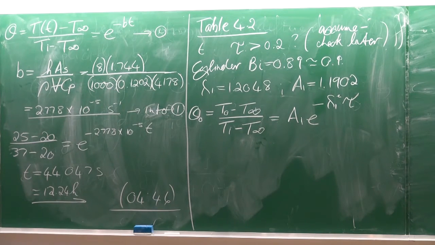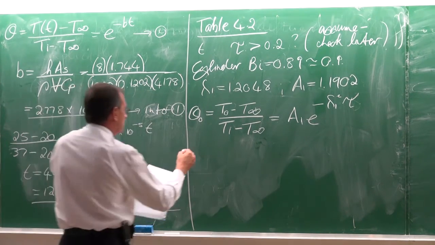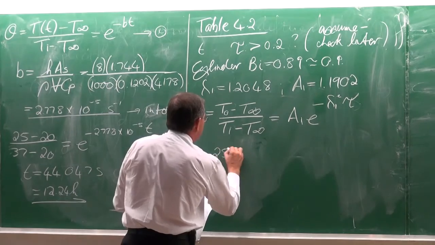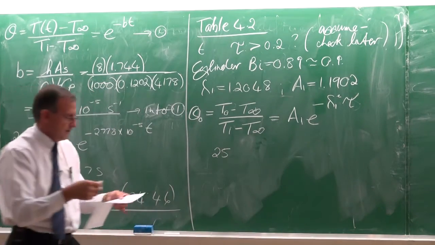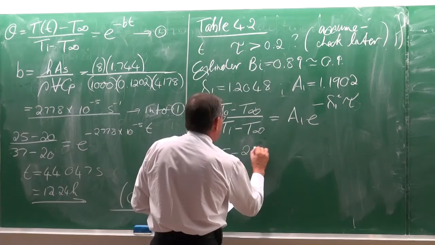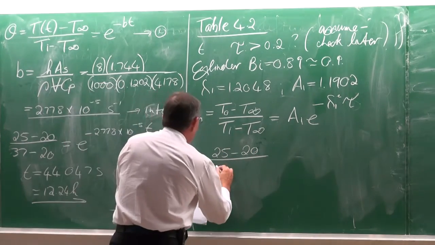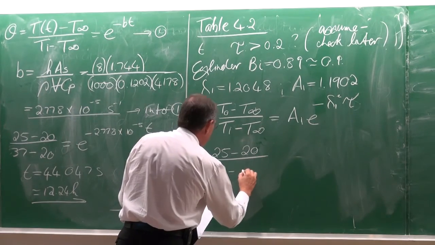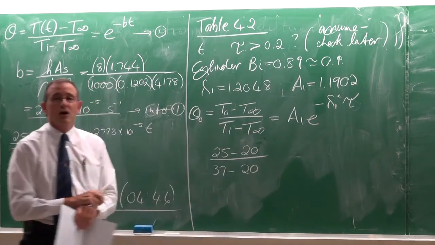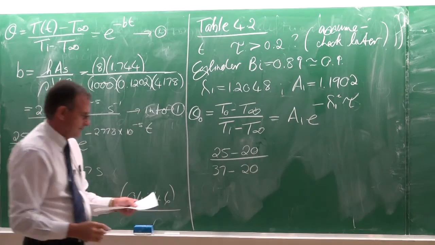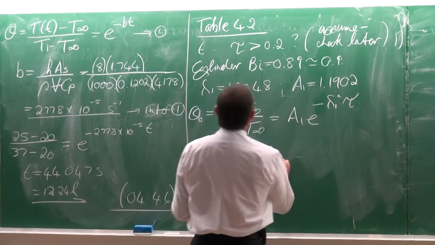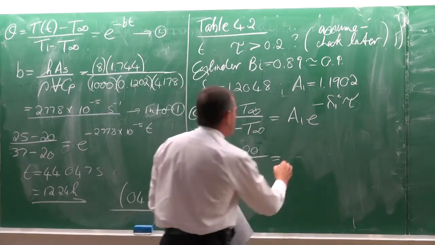So you see how easy it is now to do the calculation. The temperature in the center is 25. The environment temperature is 20. The initial temperature was 37. The environment temperature 20 is equal to A1, and A1 is equal to